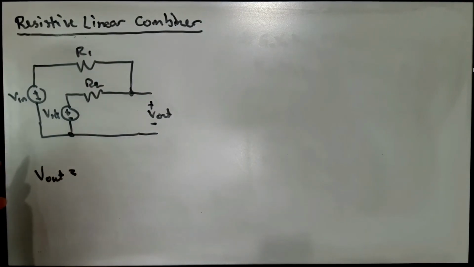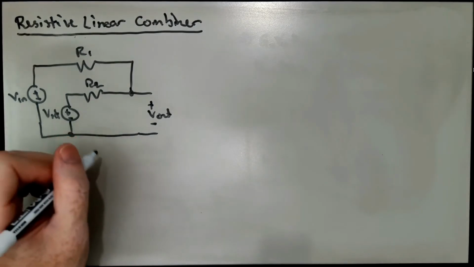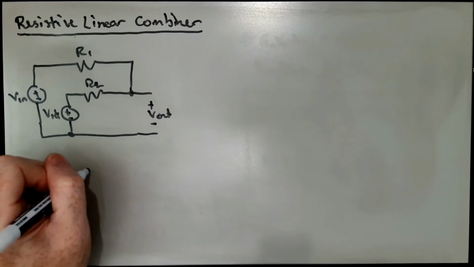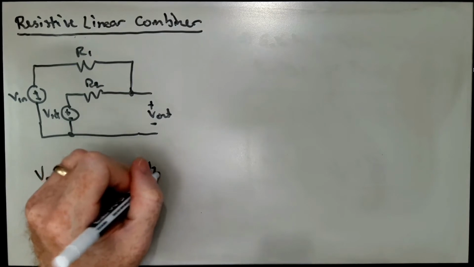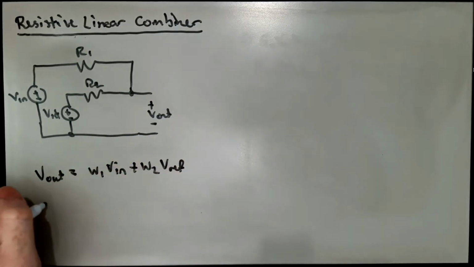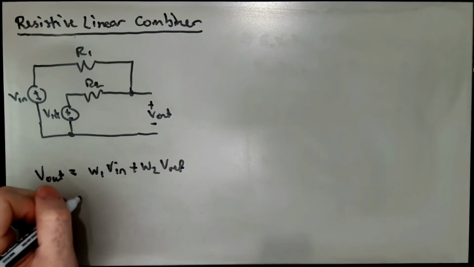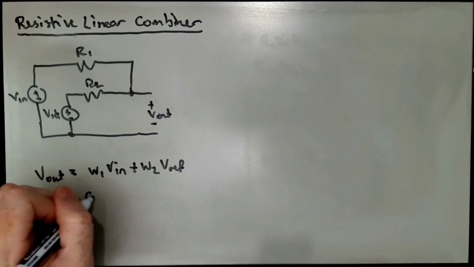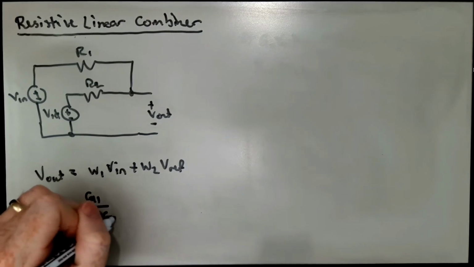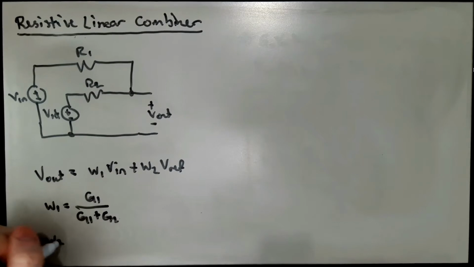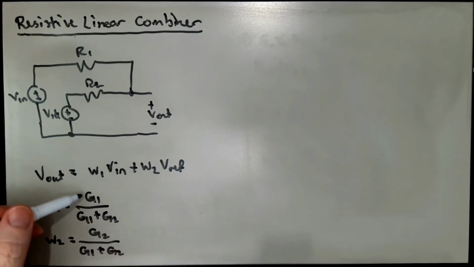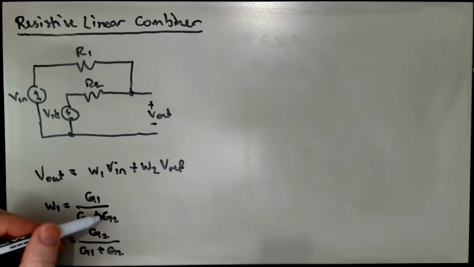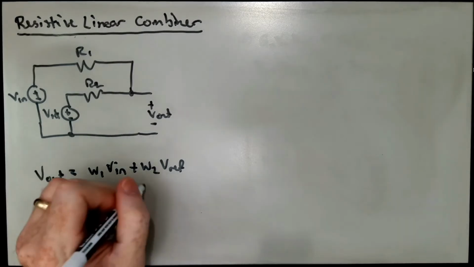is equal to, we could call it, well, say W1 Vin plus W2 Vref, where W1 is equal to G1 over G1 plus G2, and W2 is equal to G2 over G1 plus G2. Okay, but G1 is 1 over R1, and G2 is 1 over R2, so this is equal to 1 over